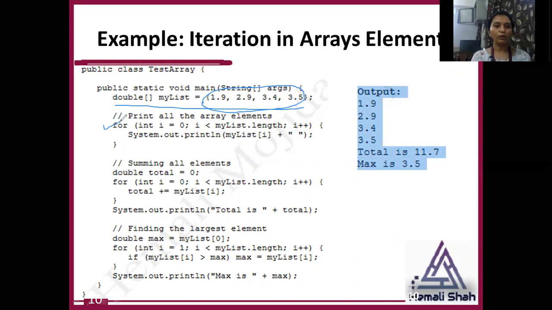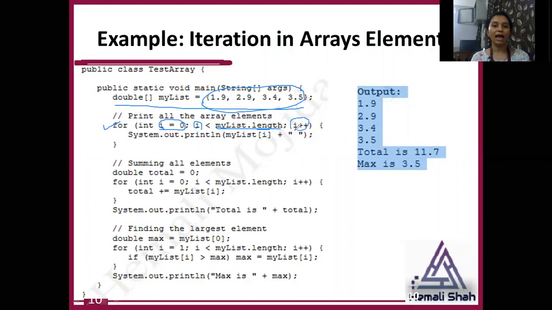Now for loop to access all array elements, that I will cover when I teach you the loops in Java. But for now you can understand it by using this example here. Your array starts from index 0. So initialize this I variable with 0 value, I is less than mylist dot length. You can use this length property of array over here to access up to the last element of the array.